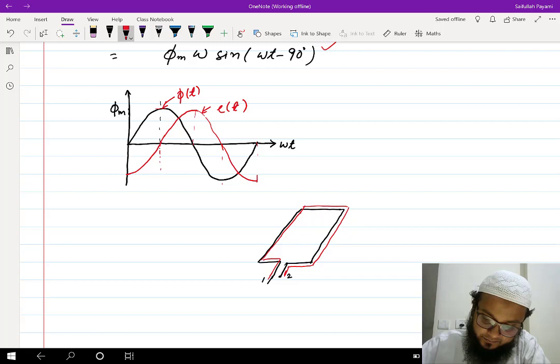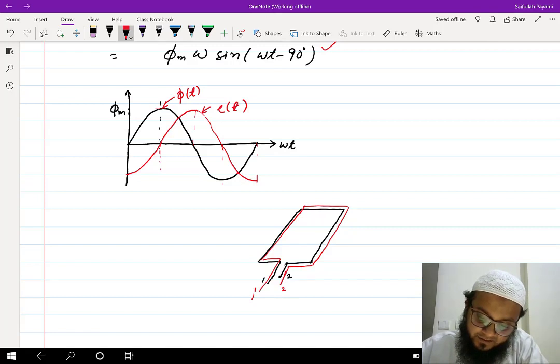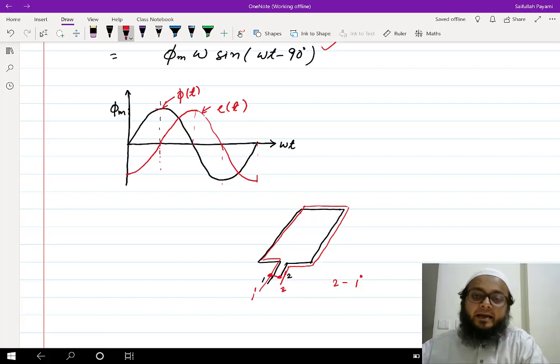Let's say here 2, and this is 1 dash. If we end it here and it is connected further to 1 dash, 2 is connected to 1 dash, and then we finish it here,